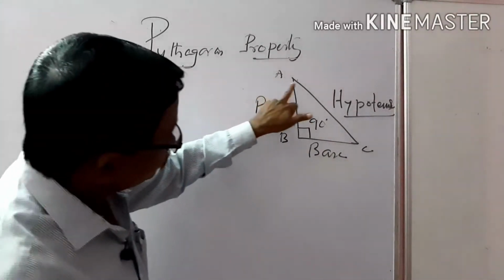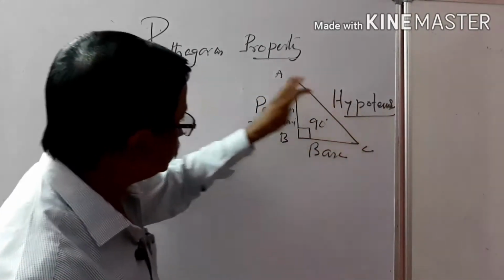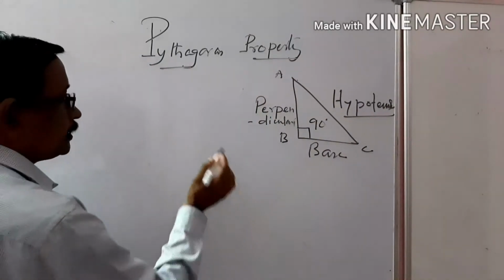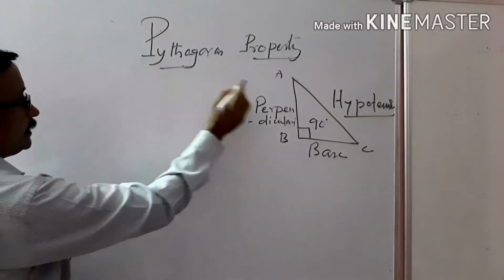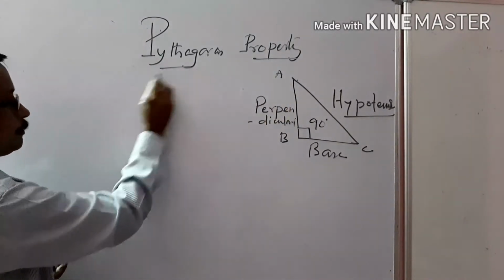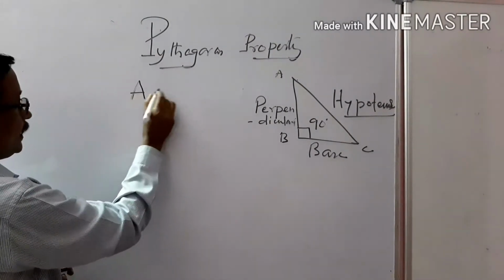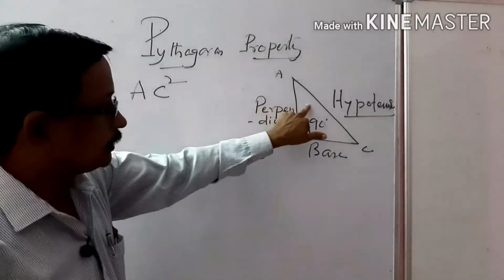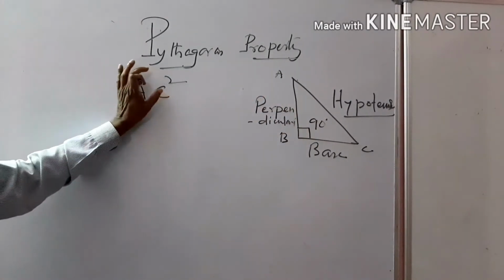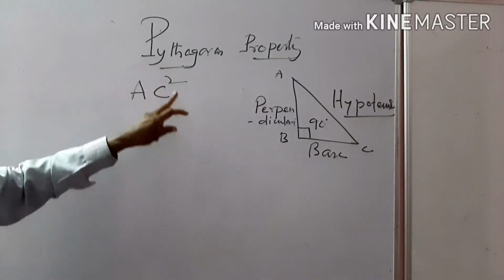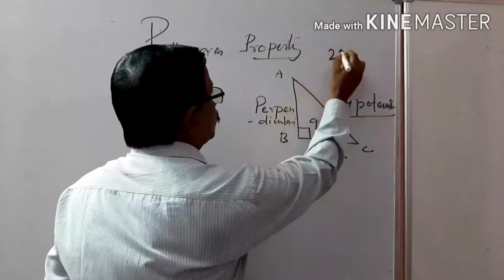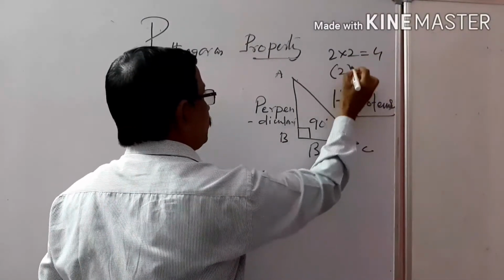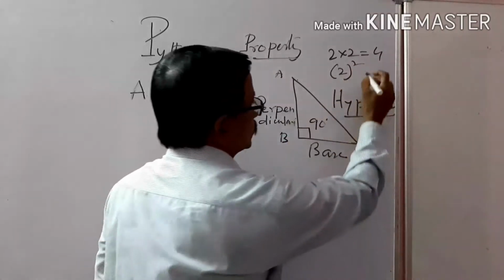Now just make a relationship between hypotenuse, perpendicular and base. What he observed there, if you consider it's a triangle, so what can you write for this property? We know that AC square. Once you write AC square, it means AC into AC. AC square forms a square. Once we multiply the same number two times, say we write 2 into 2, of course it is 4, but 2 into 2 we can write in the form of square also, which is known as square.